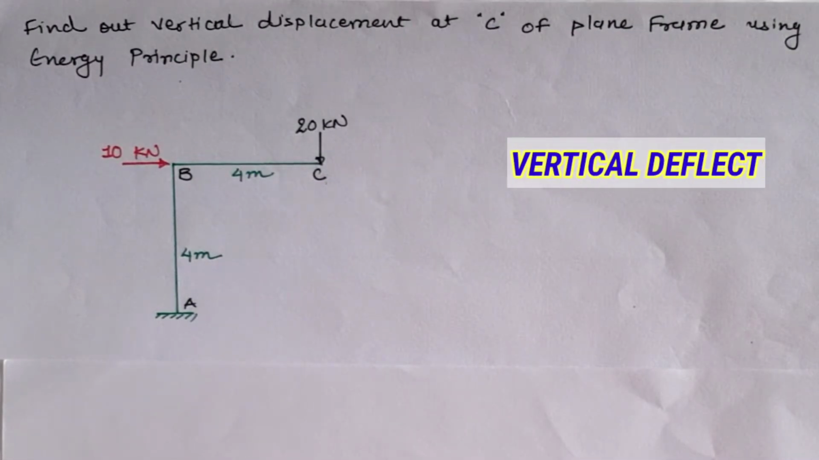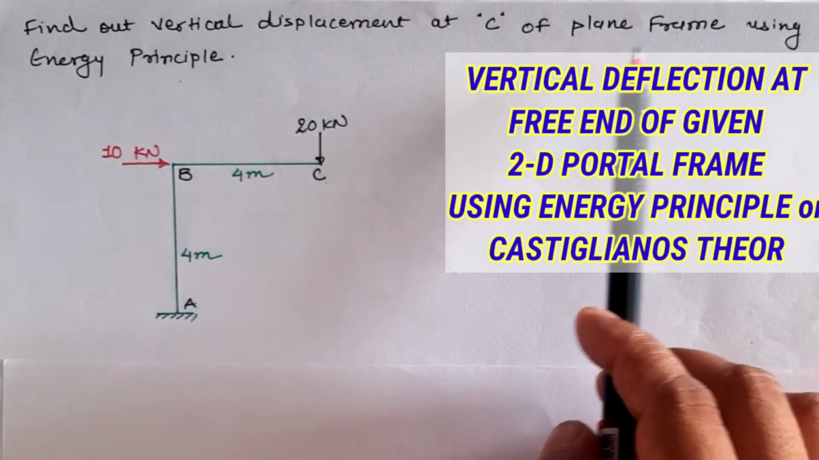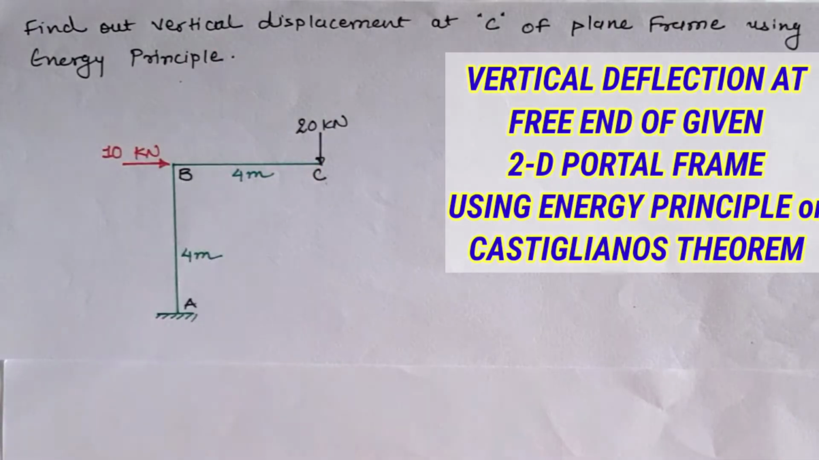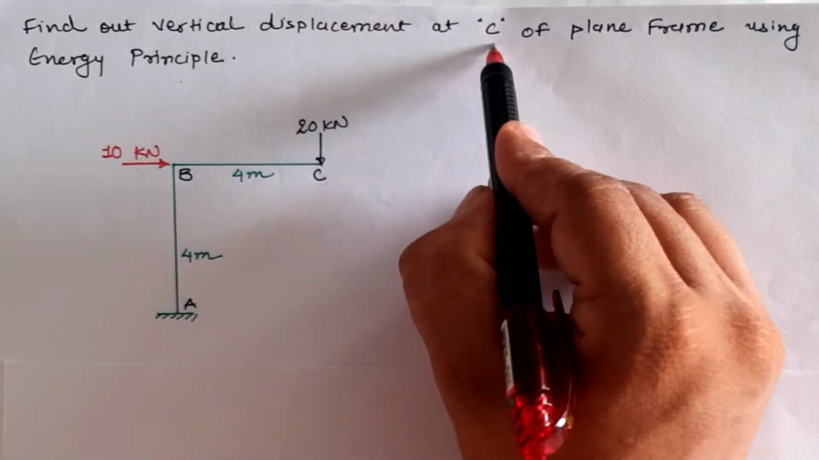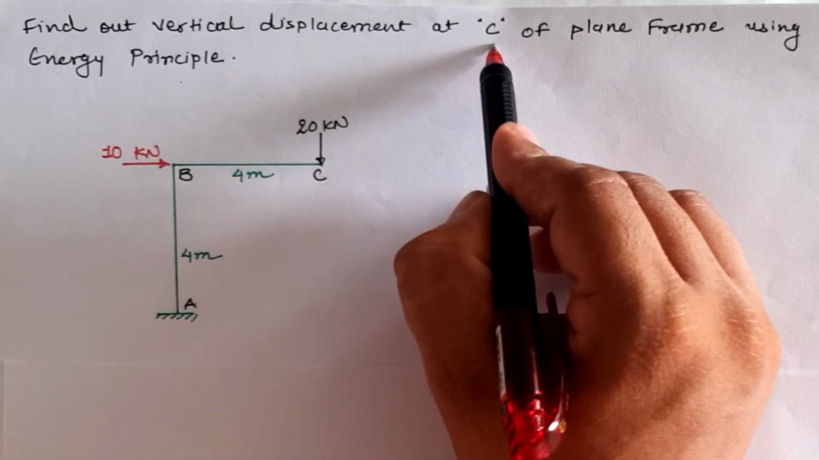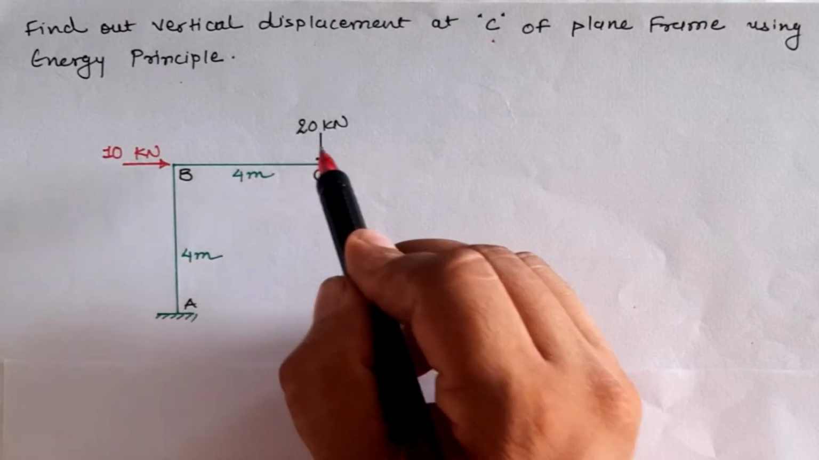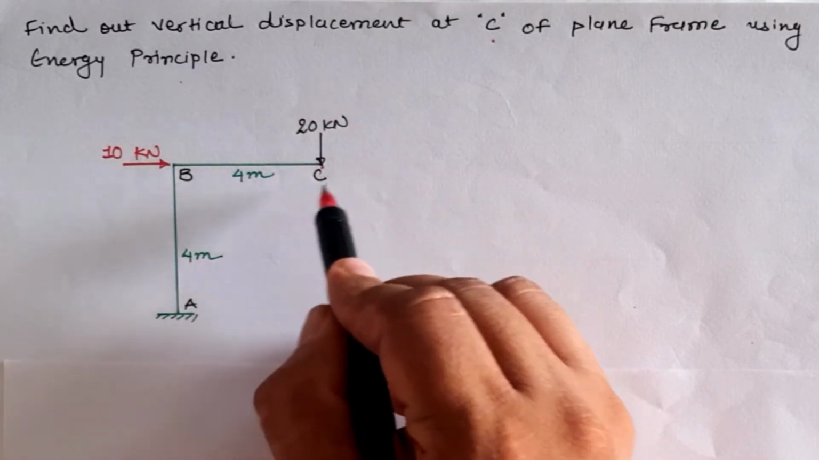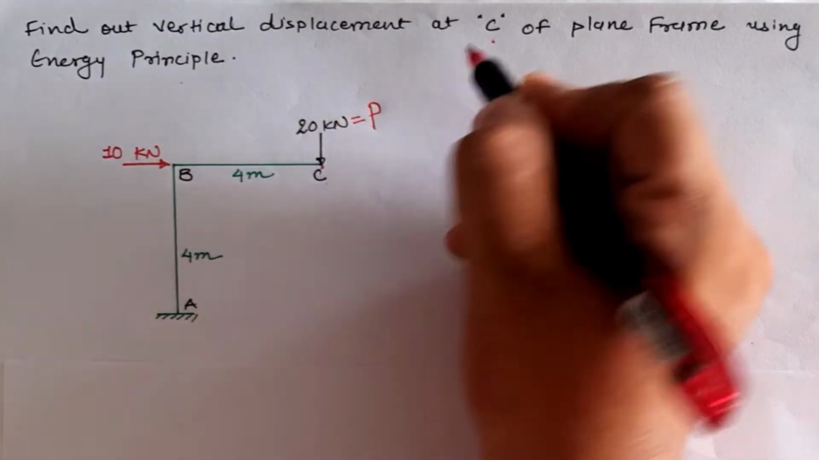Hello friends, today we are going to calculate the vertical displacement of the given 2D plane frame at location C using the energy principle, or we can say Castigliano's theorem. Focusing on vertical displacement at C, we have to apply a vertical arbitrary load at location C, and at location C we have a 20 kilonewton vertical downward load